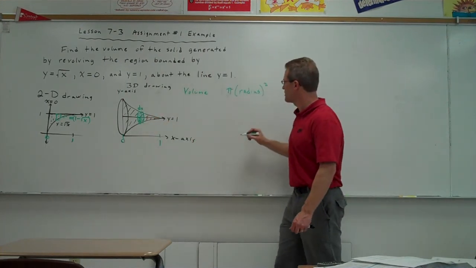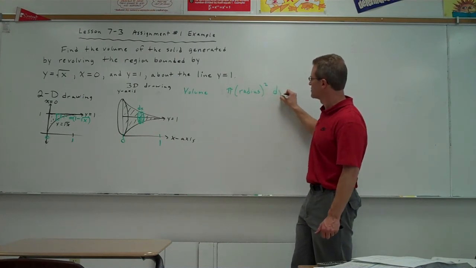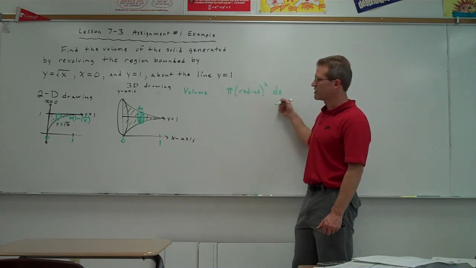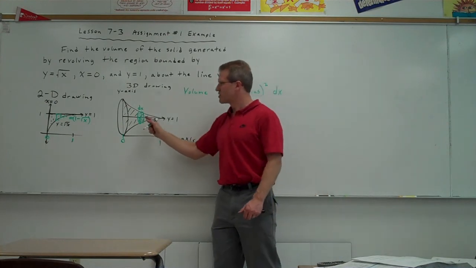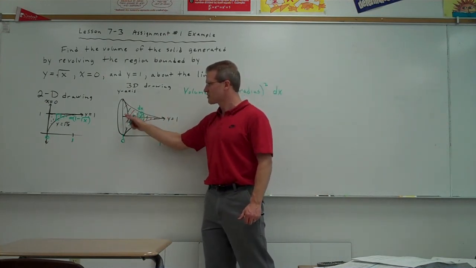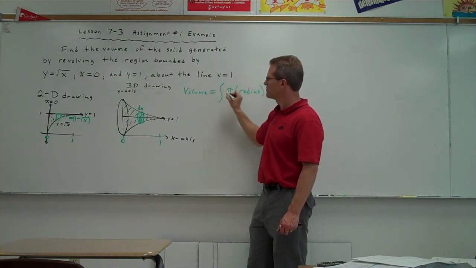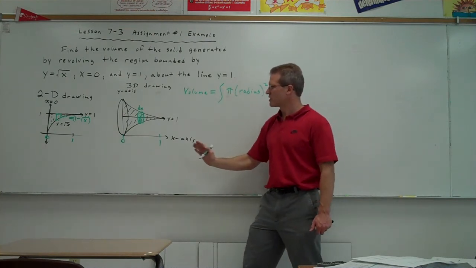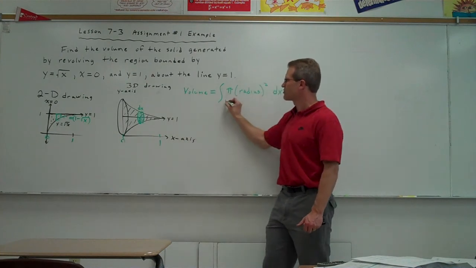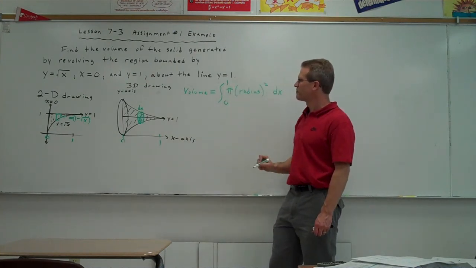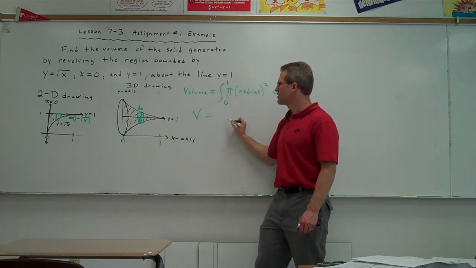Then when you multiply it by the thickness, which in this case is a dx, that ends up being the volume of that disk. And then if you want to imagine that you slice this into a whole bunch of little disks, and you want to add all those up, we use an integral to add up those volumes. And we're going to slice from 0 to 1. You always start with your smaller bound and then your larger bound. So in this case, our volume is going to be